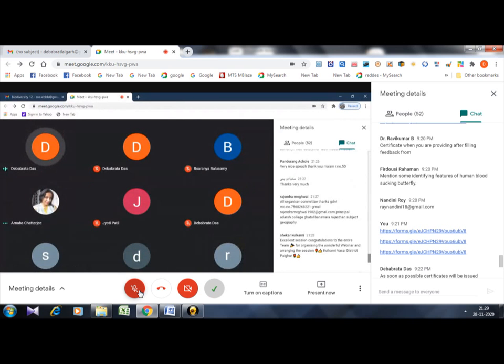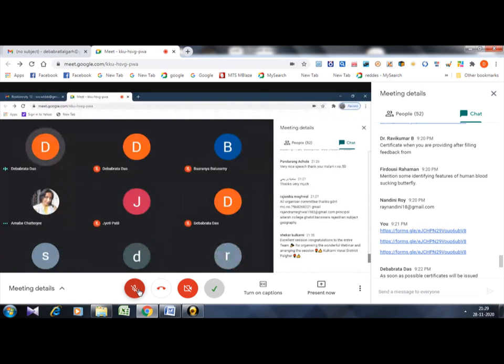There is another question about the features of human blood-sucking butterflies. Actually, there are no butterflies that particularly suck human blood. I already told you that they are not predatory. Mostly they suck blood from dead animals or dead organisms, if they find it. But I think every butterfly in its life has once sucked blood, though they don't suck blood from living organisms. And there are no specific features of human blood-sucking butterflies.